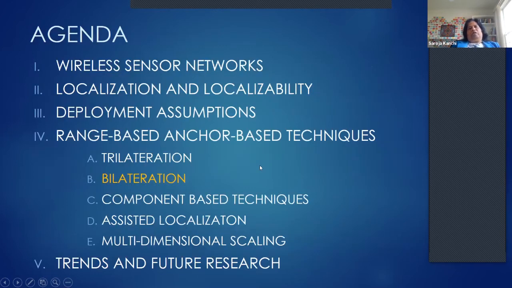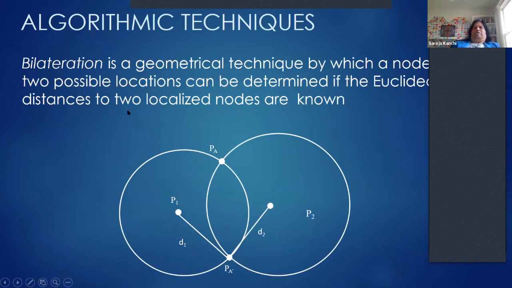So the next thing is, what if trilateration stops? Can I do anything else? And the answer is yes. There is a technique called bilateration, which is somewhat helpful in its original form, where I have a node A, however, I don't have 3 nodes that it's adjacent to, because if I have 3 nodes that it's adjacent to, I can trilaterate it anyway. So I only have 2 nodes whose locations I know, like P2 and P1, that it's adjacent to, which gives me 2 possible locations for this node A.